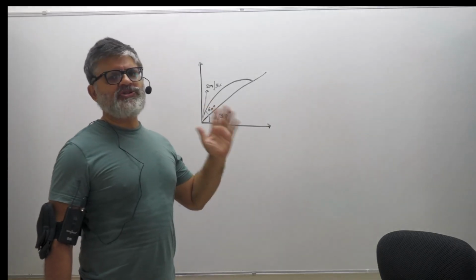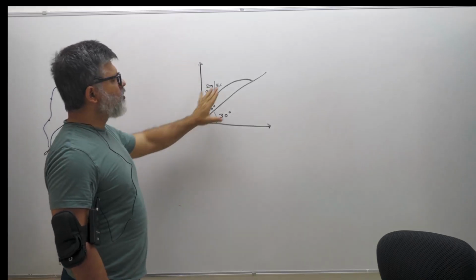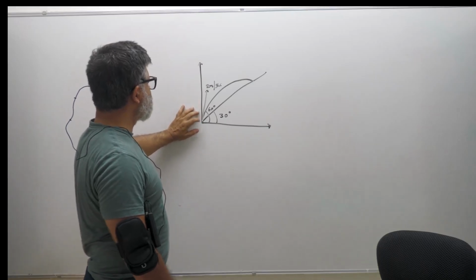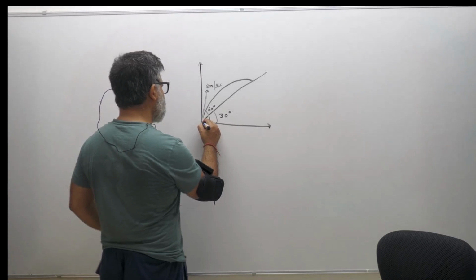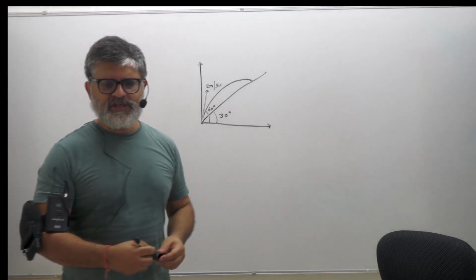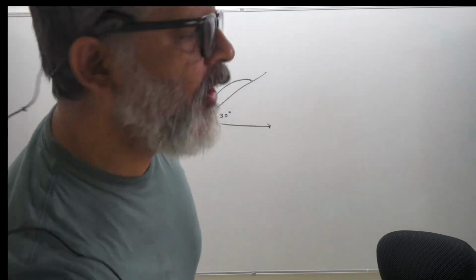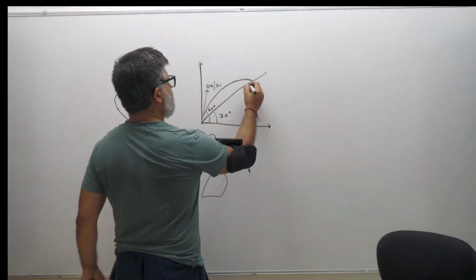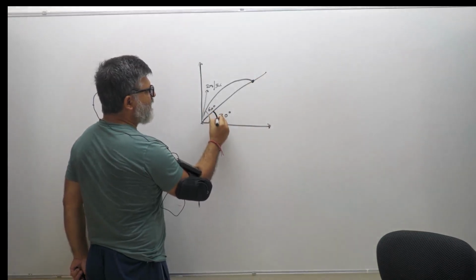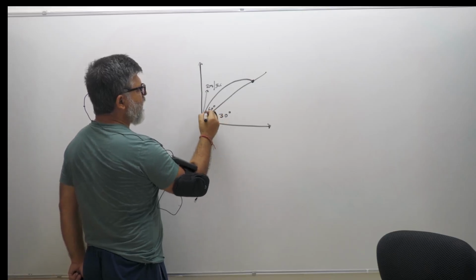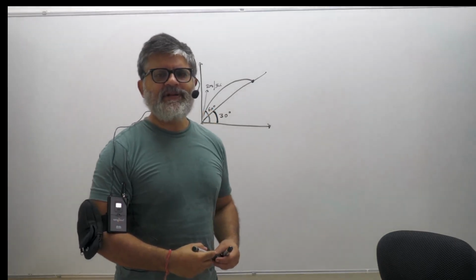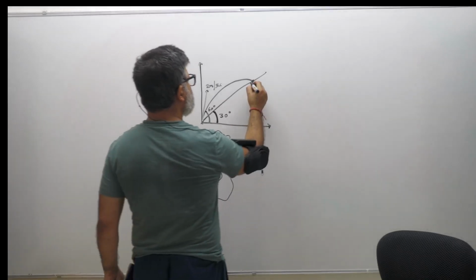So let's talk about this question. This is a question on projectile motion. The body is projected from this point, which I'm just marking, and this body is reaching a point on the incline, which is this. The angle of incline is 30 degrees, and the angle of projection is 60 degrees. You have to find the time it takes for the body to reach this point.